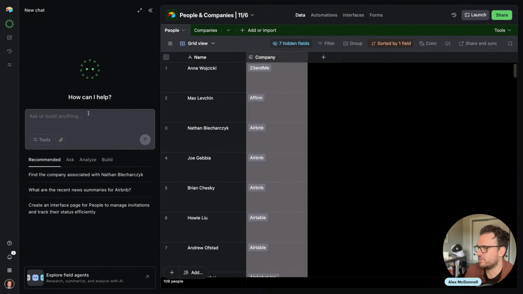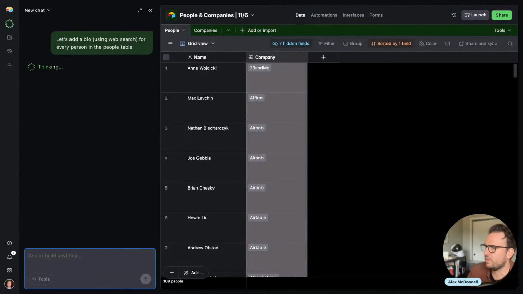So for Omni here, let's add a bio using web search for every person in the people table. And Omni is a great way to add to your app when you have an intent for what you want the action or the structure of your app to be, but maybe you're not sure exactly where in Airtable or how that should be set up. Omni is excellent at taking a short description, a short sentence of your intent,